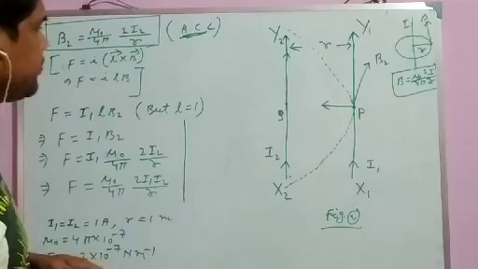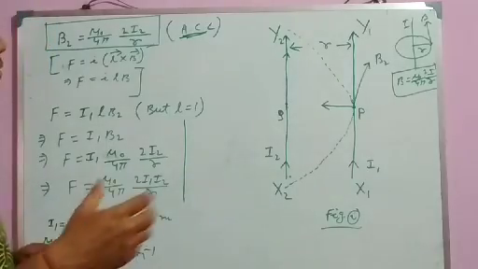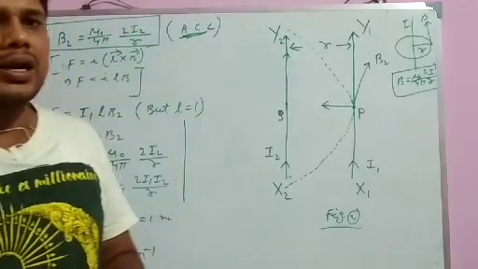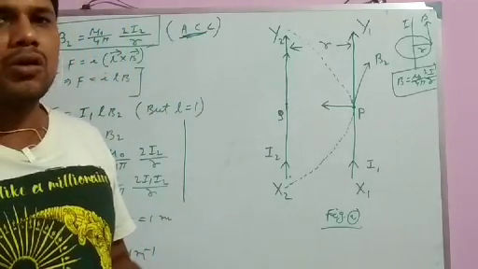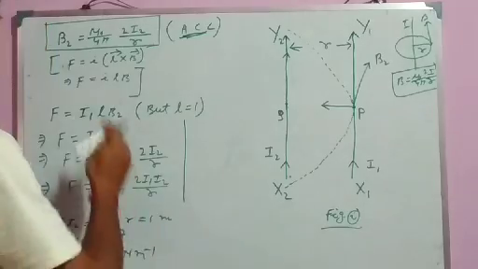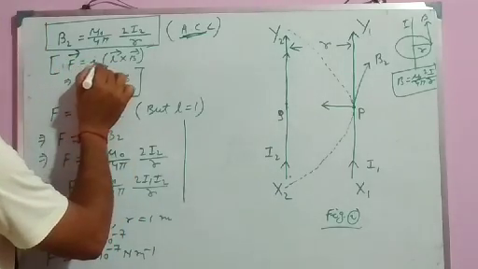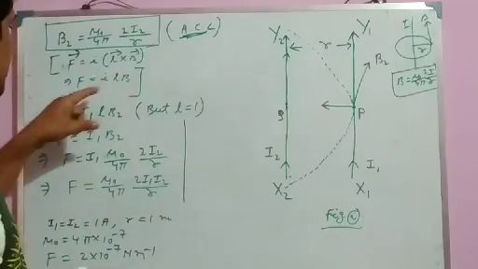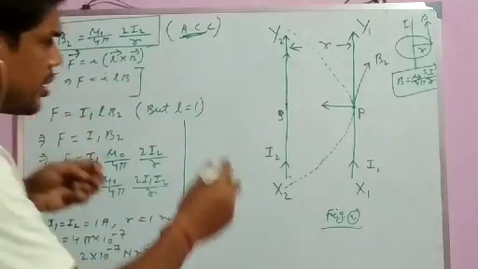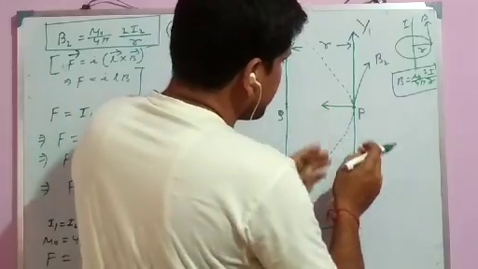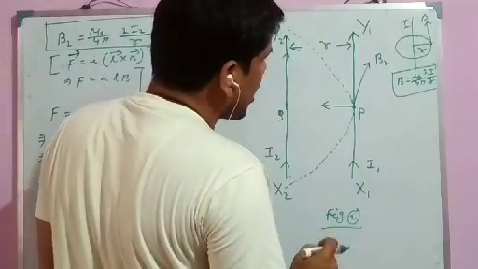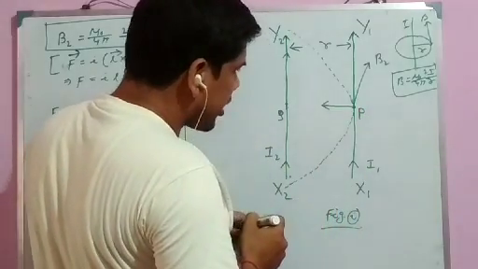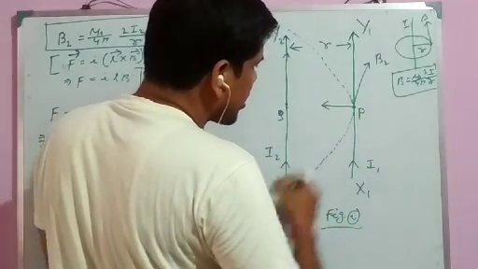Okay, now we know that when a current carrying conductor is placed inside a magnetic field, it experiences a force, already discussed, and this expression we know: vector F equals I times vector L cross vector B. Okay, now here this is the conductor carrying current I1, and at point P the force experienced by this current carrying conductor